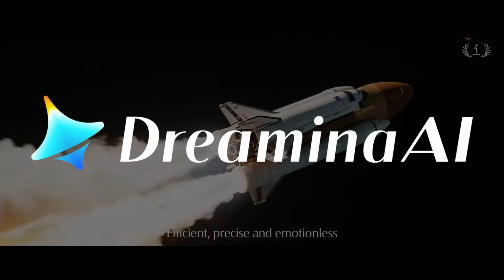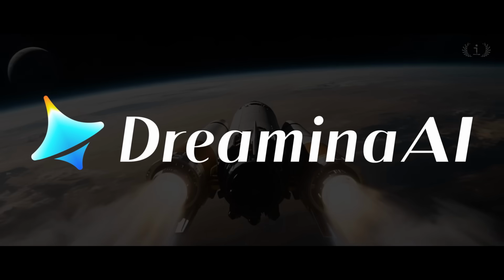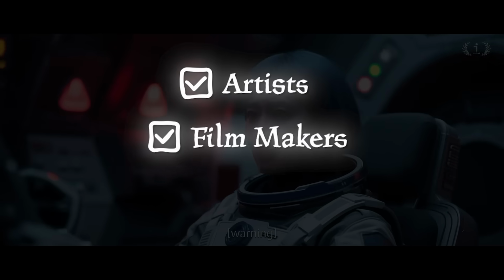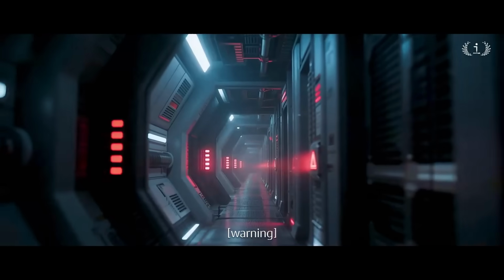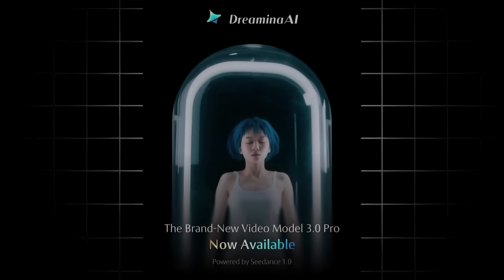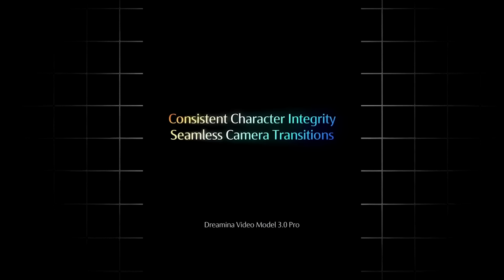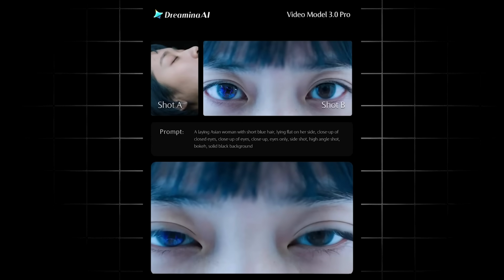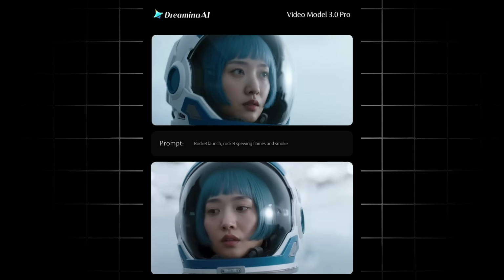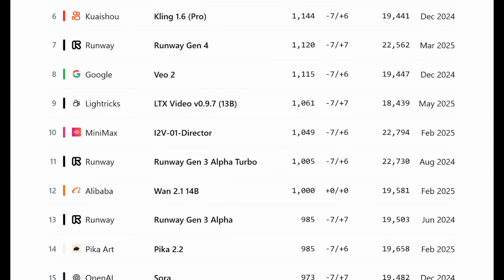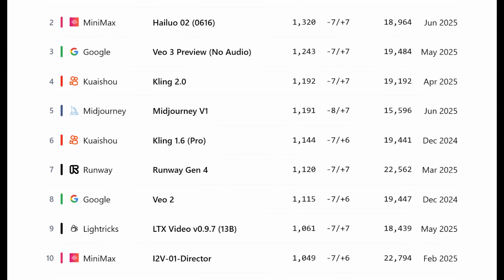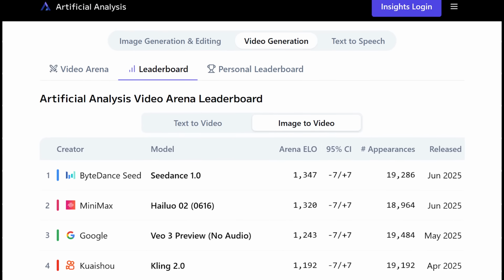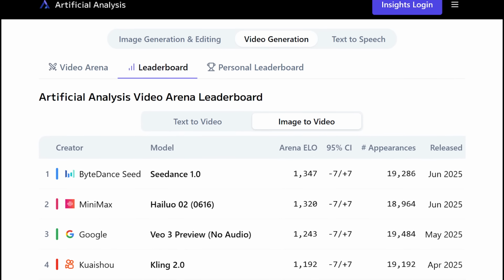Today we're diving into Dreamina AI. Dreamina AI is a powerful one-stop AI creation platform built for artists, filmmakers, and designers, helping you bring high-quality ideas to life effortlessly. Thanks to Dreamina AI's latest models, Video 3.0 Pro and Image 3.0 with Smart Image Reference, you've got everything you need to generate stunning visuals and videos in a single, seamless workflow. In fact, Video 3.0 Pro, Seedance 1.0, topped the Artificial Analysis Video Arena Leaderboard, ranking #1 in both text-to-video and